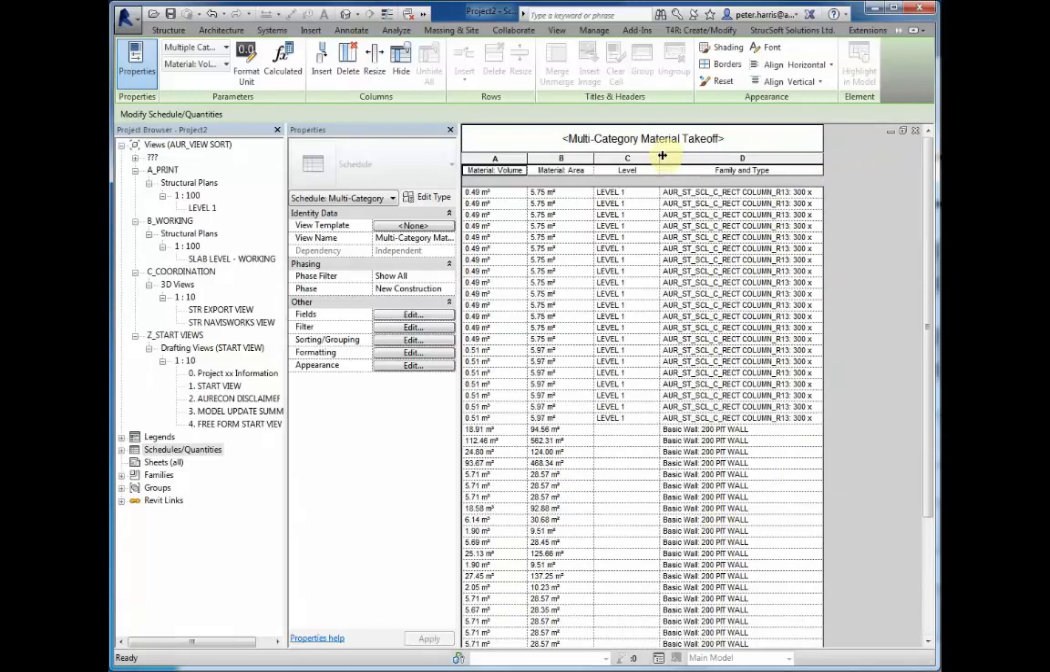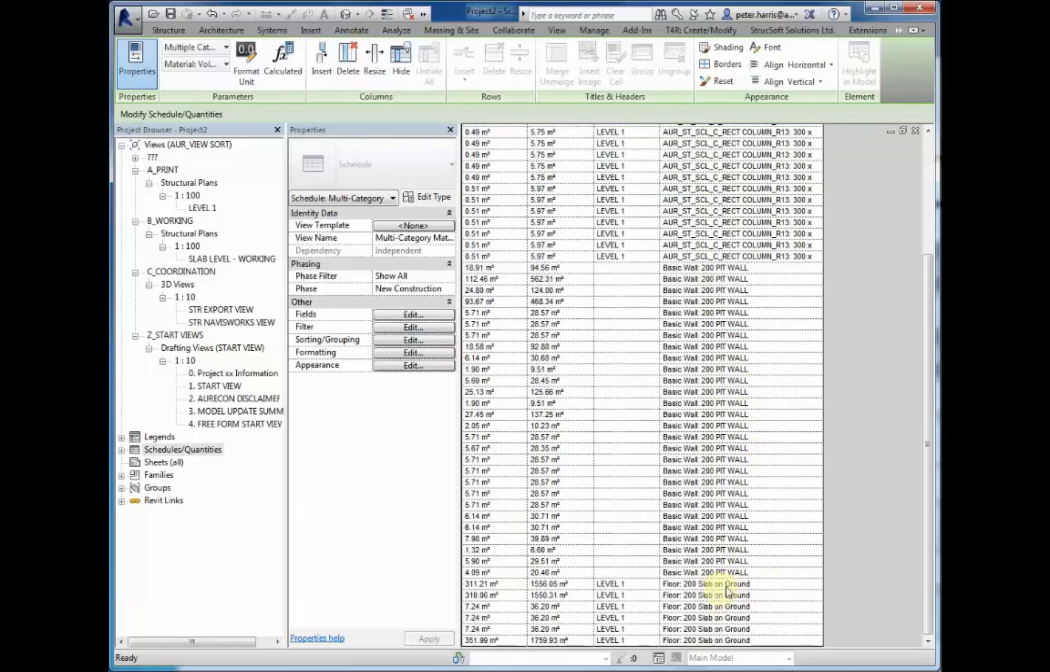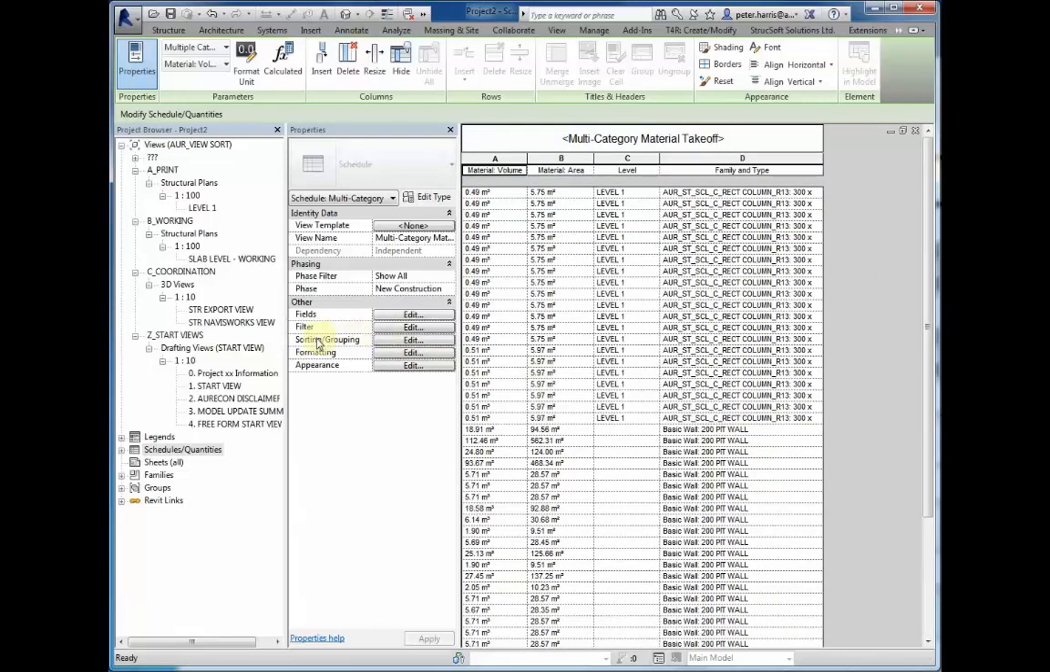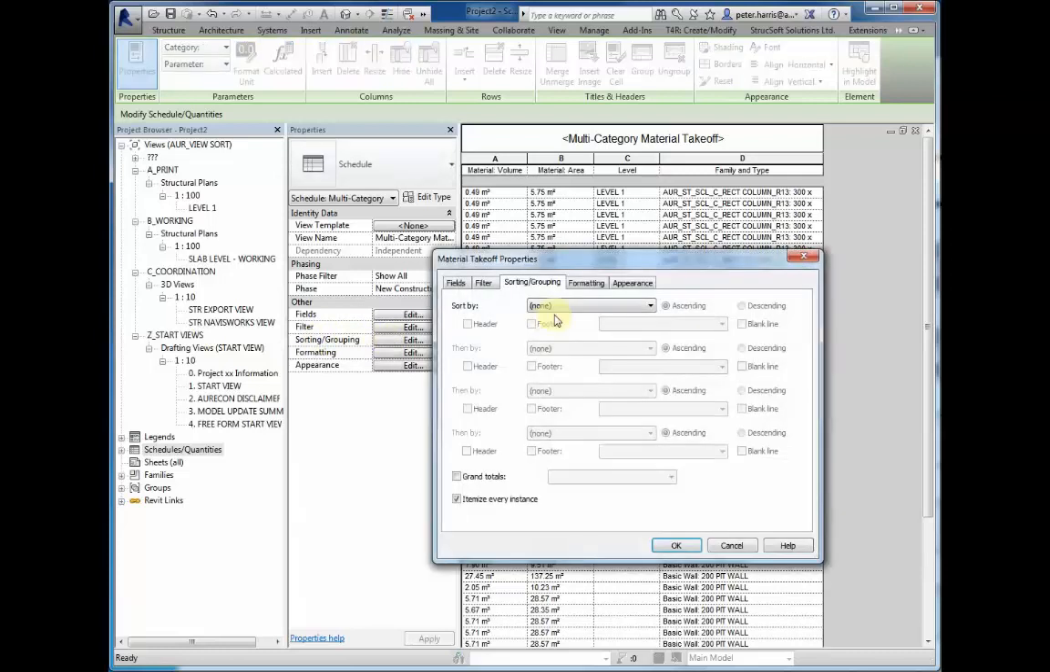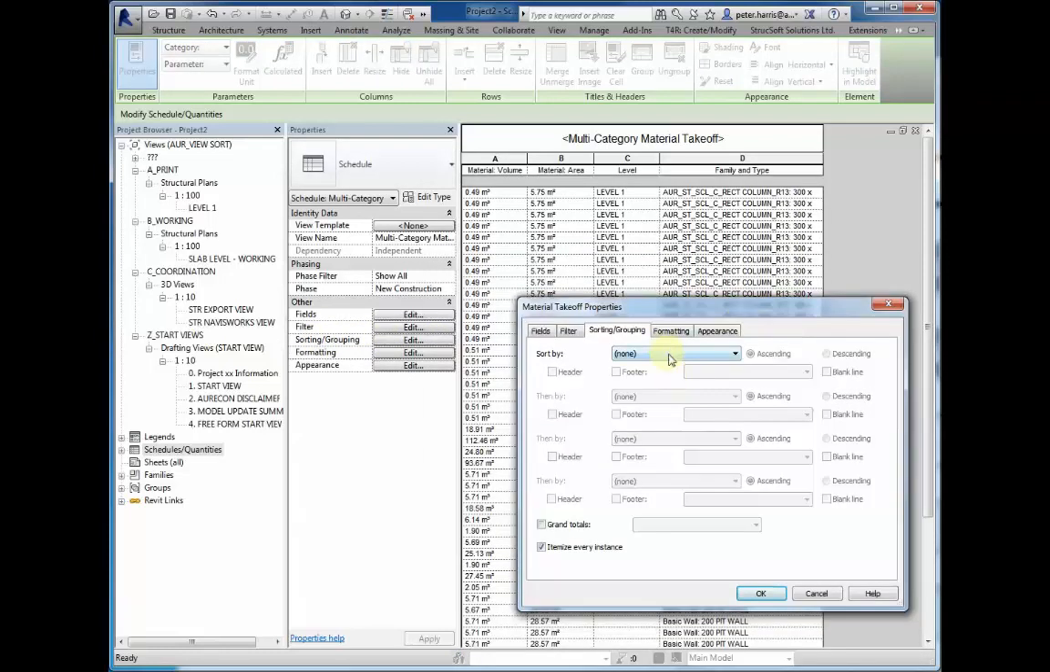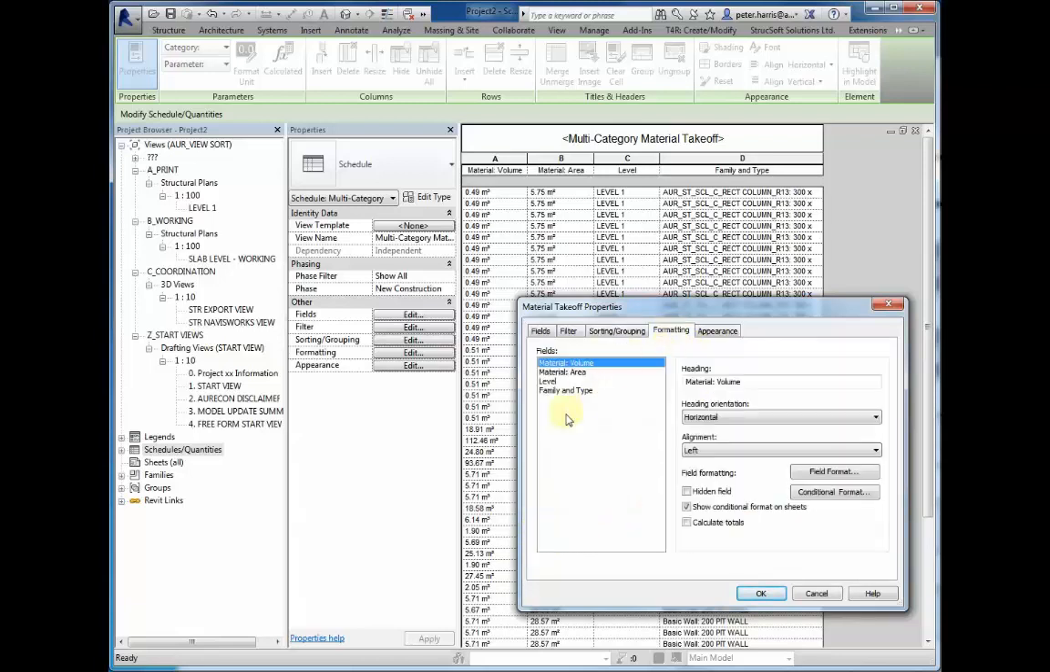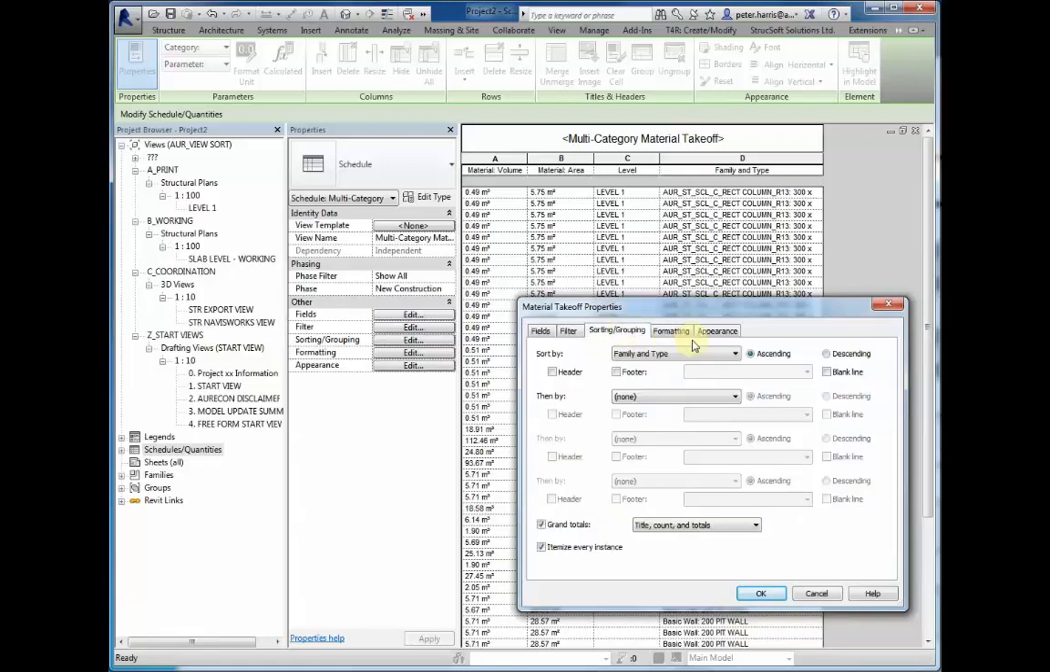As you can see, we now have columns, we have walls, we have floors. Then just go through your sorting and grouping. We'll be doing sorting and grouping by family and type. And we'd also like to have the grand totals adding up. For this to occur, under Formatting tab, selecting volume and area, and ensure Calculate Totals has been selected. Back under Sorting and Grouping,